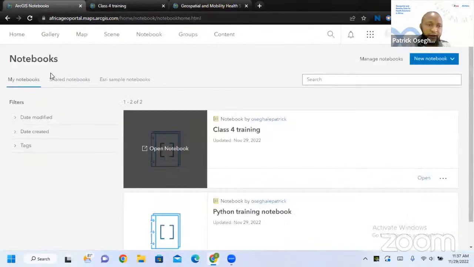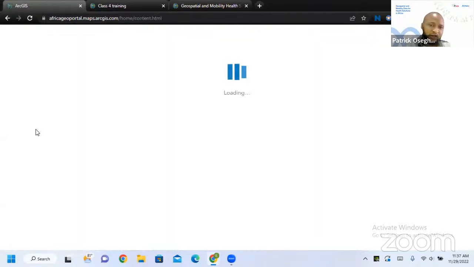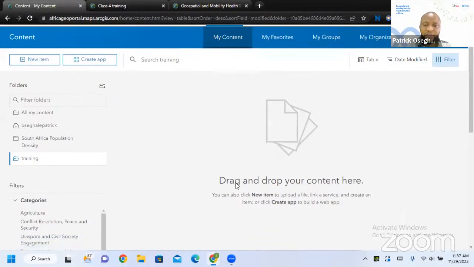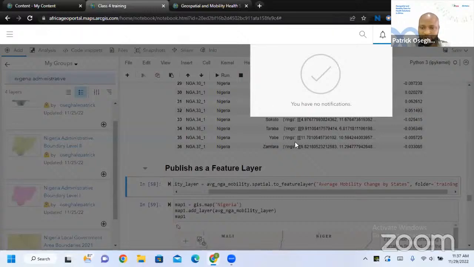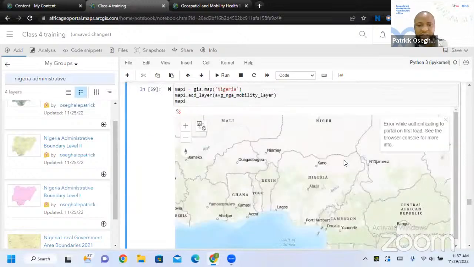This is my content. I've created the folder before. This is the folder. There's nothing inside. When I populate it, you also see that we have new things in the folder right now. So I'll just come here and run the file.